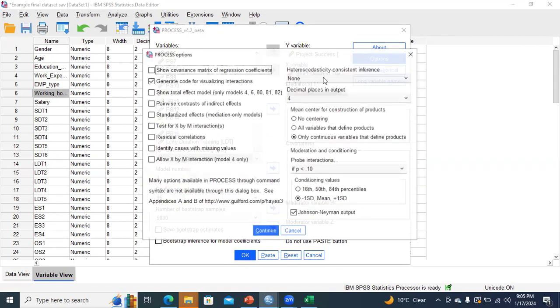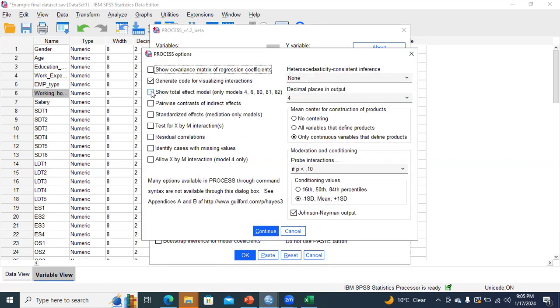I need to go to the options. I need to check show total effect model. I need to select no centering. I need to select 16, 50, then 84 percentile. I need to uncheck Johnson-Neyman output because it is not required in case of mediation. You need Johnson-Neyman output in case of